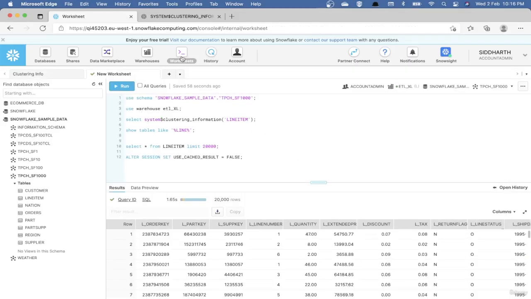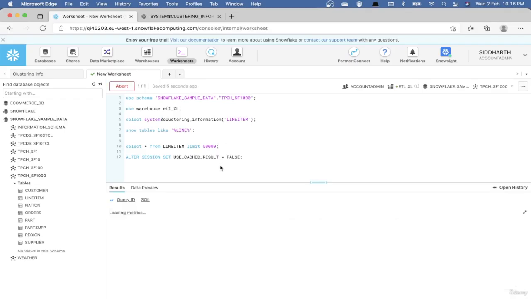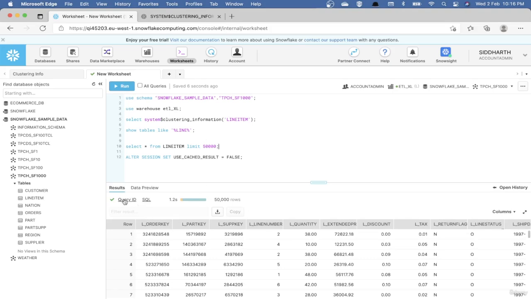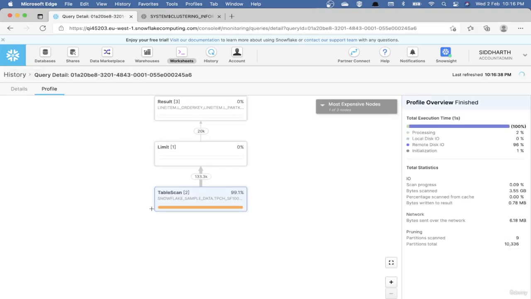Now let's go back and try to increase the number of rows. Now you'll realize it'll scan more partitions. Ideally it should, unless 50,000 rows existed within the 9 partitions. So I'm executing it again. I'm going to click on the query ID. So you can see the number changed. When I set limit 50,000, it ended up scanning 14 partitions. Now let's go back